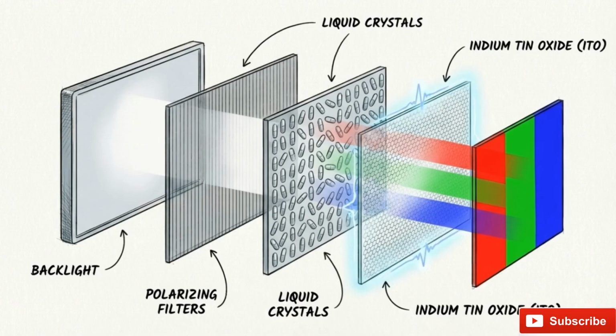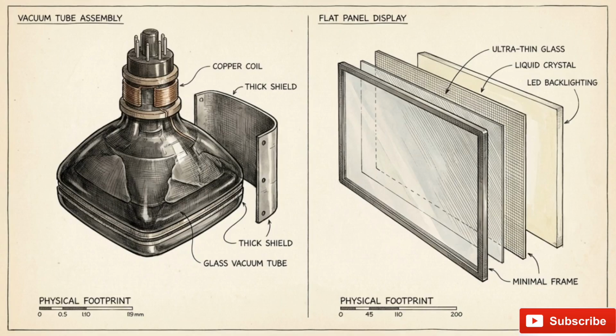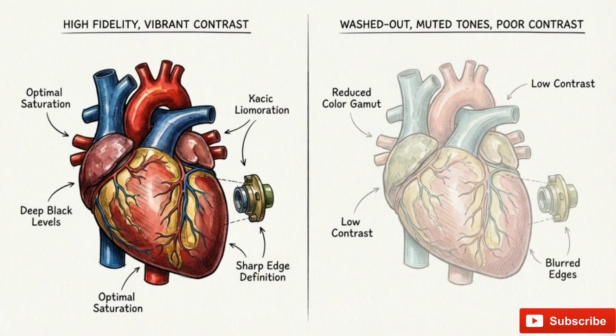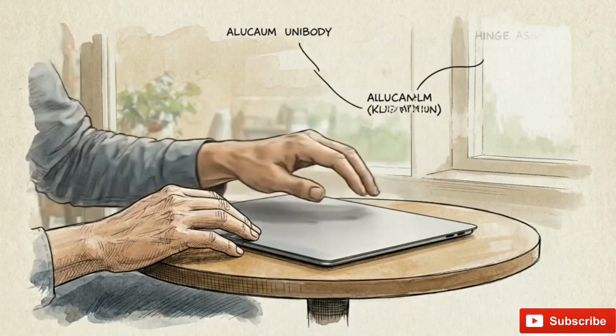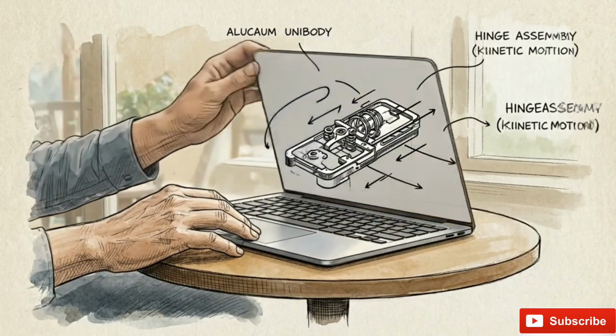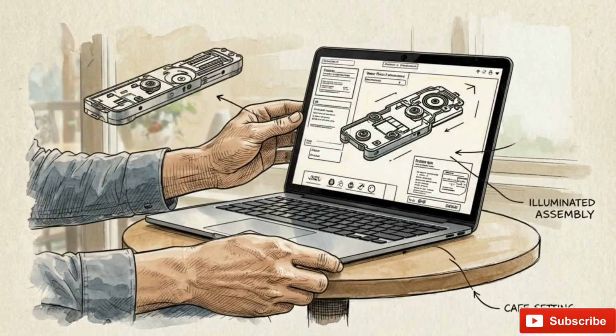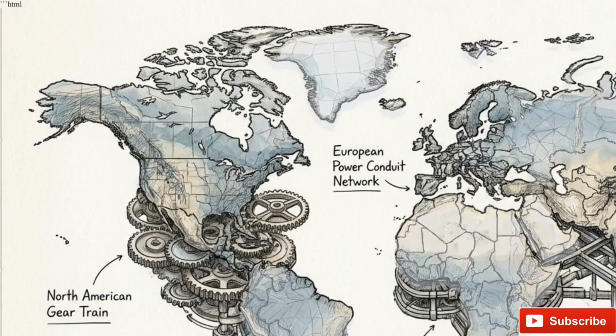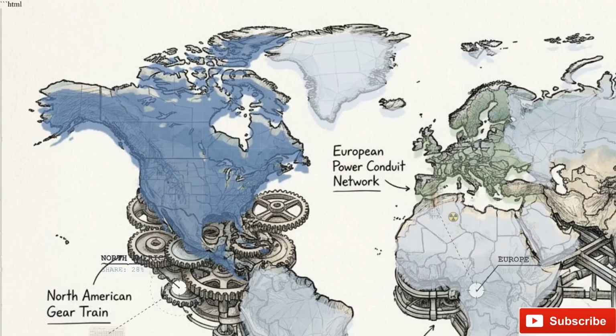Instead of a vacuum tube, it uses a backlight passing through polarizing filters and a layer of liquid crystals, controlled by a transparent conductor called indium tin oxide. It completely eliminated the need for lead glass and bulky electron guns. The LCD didn't conquer the market by offering better initial image quality. It won because it solved the physical constraints of the desk, and in doing so, it directly enabled the invention of the laptop. Today, the monitor has evolved from a simple output device into the primary engine of an $80